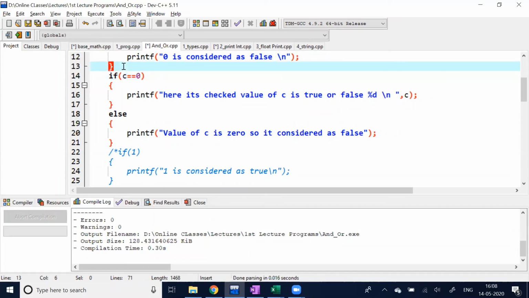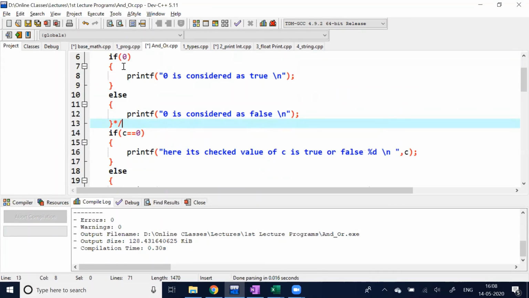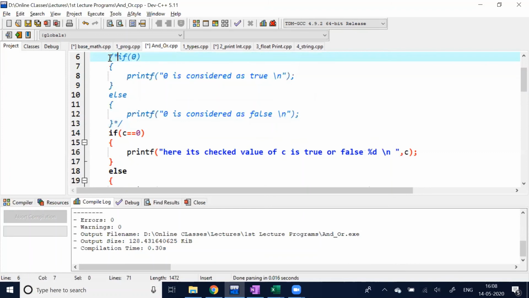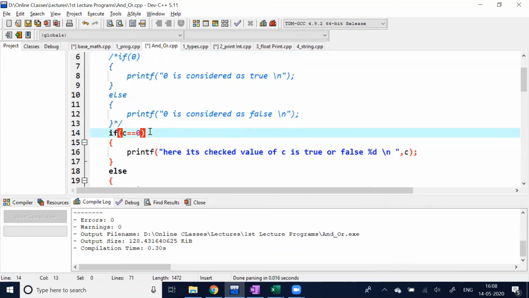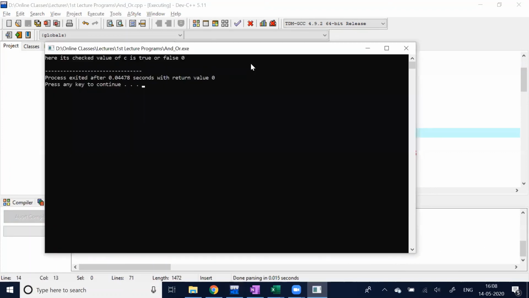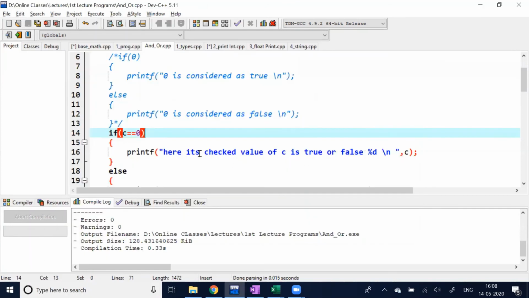So let me comment the above one. Okay, now in that case you can see it is true. Here it checked whether the value of c is true or false, 0.